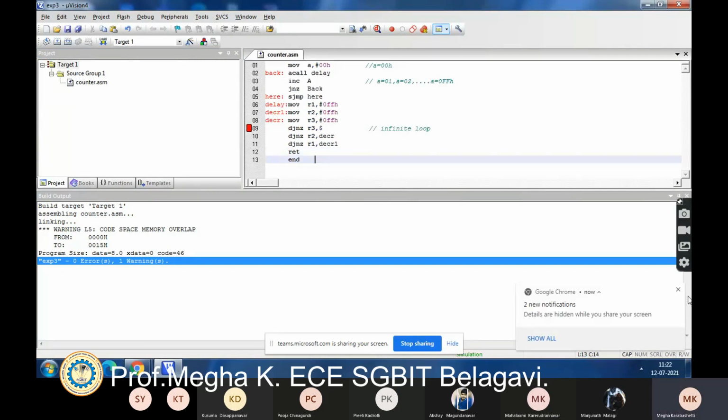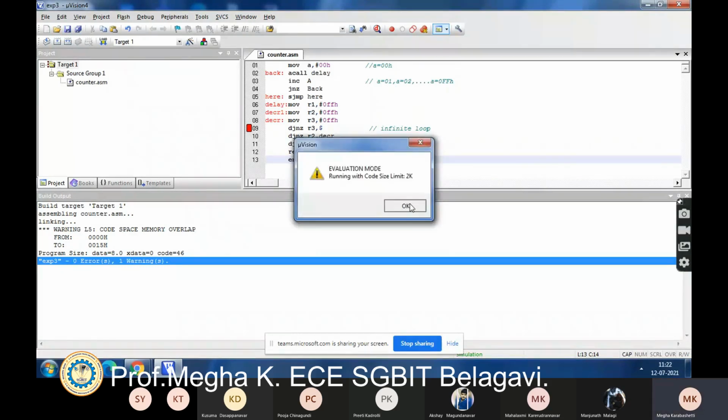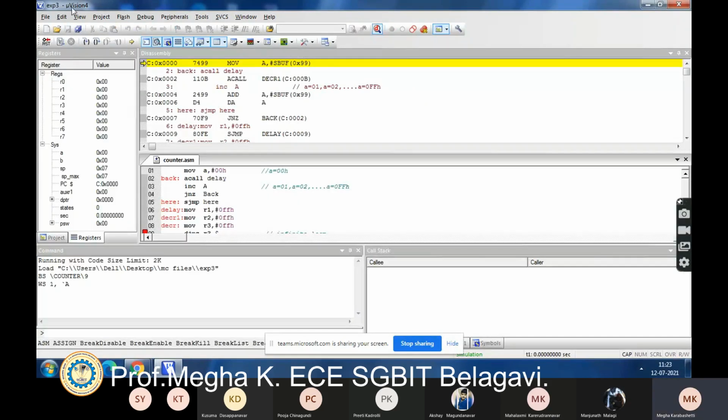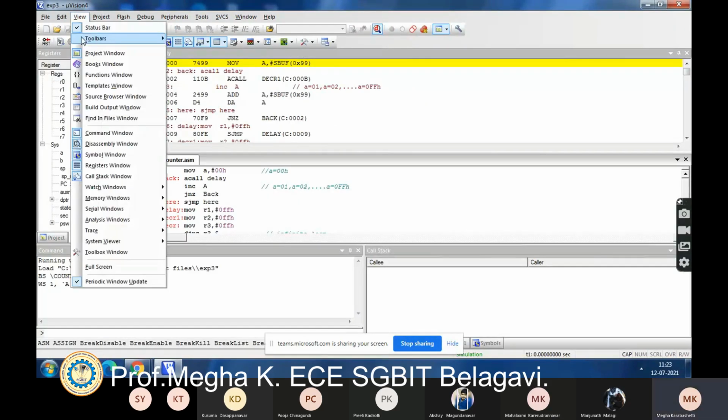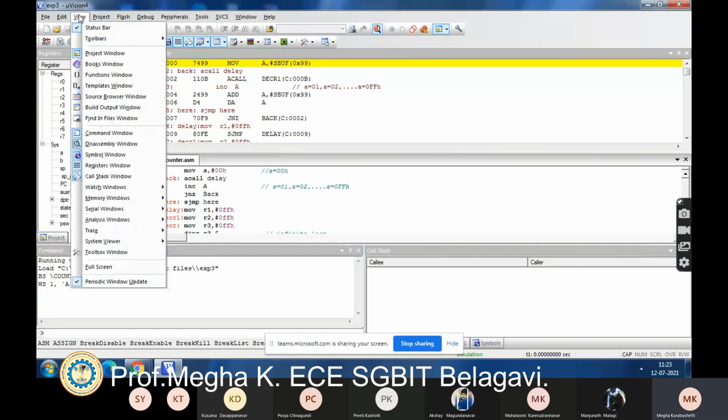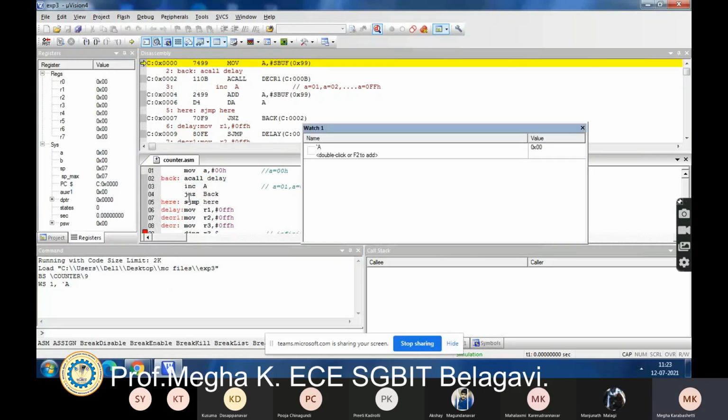What I'll do is I'll go to debug and debug the code. Fine. So yes, go to view and select watches here. You can select either watch 1 or watch 2. A is there. Yes. So now run the code. It is directly reaching.